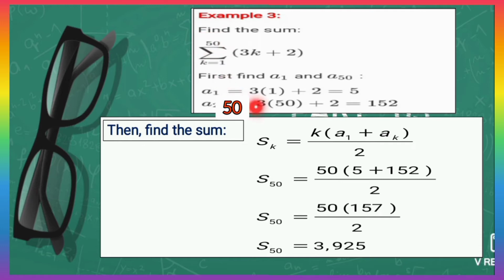So, multiply natin si 3 kay 50 kasi last term yung hinahanap natin. So, yung 50 na to ay substitute natin dito. So, 3 times 50 is 150 plus 2. The answer is 152. So, yung last term natin ay yung value niya ay 152 at yung first term natin ang value ay 5. So, since meron na tayong first term and last term, pwede na natin gamitin yung